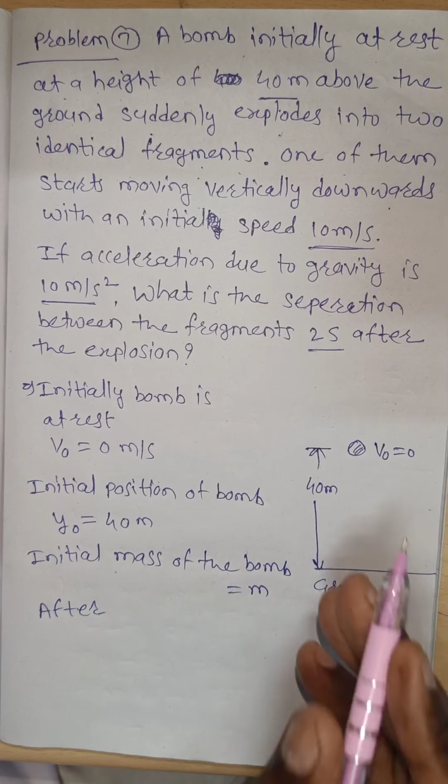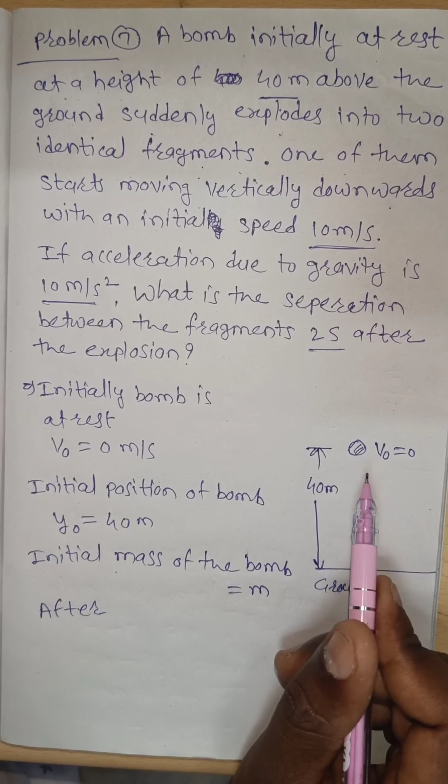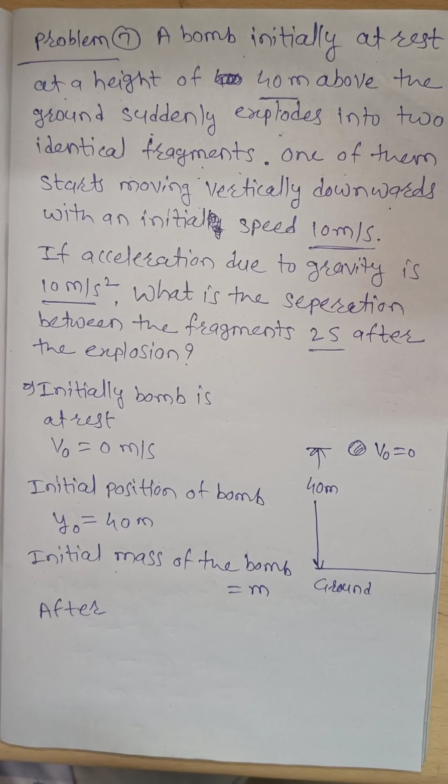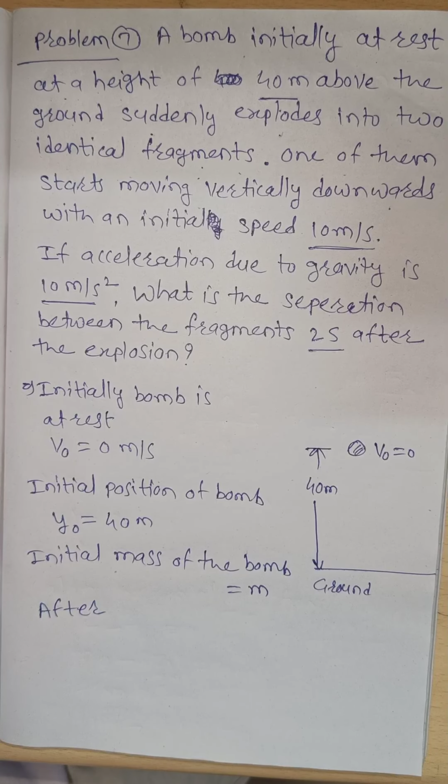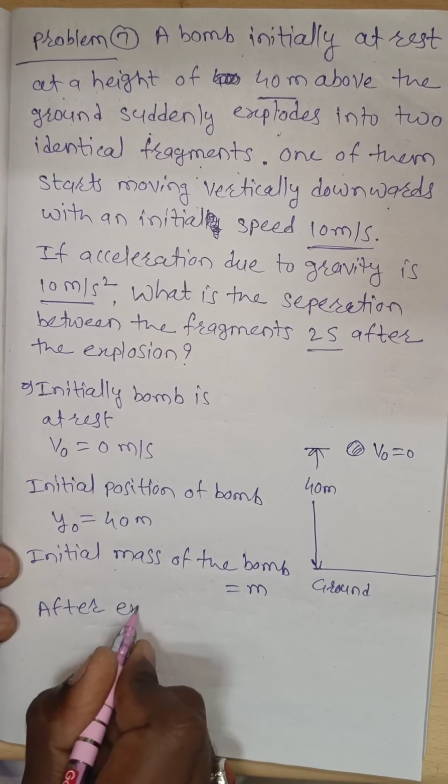Two identical pieces means the total mass of the bomb, m, is divided into two identical pieces. What is the mass of each piece? The mass of each piece is m by 2. Therefore, after explosion,